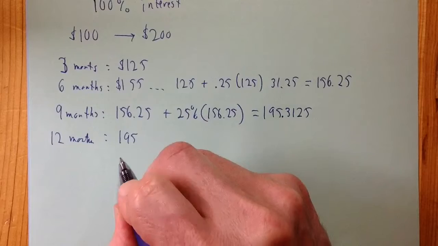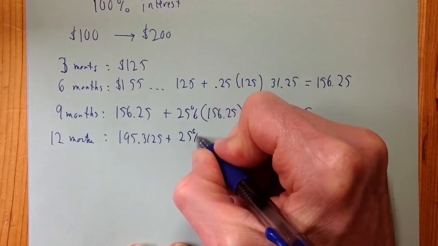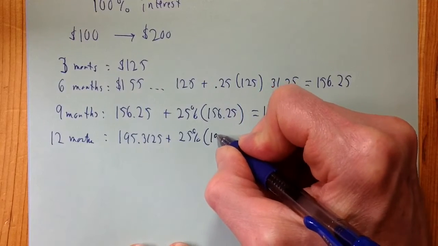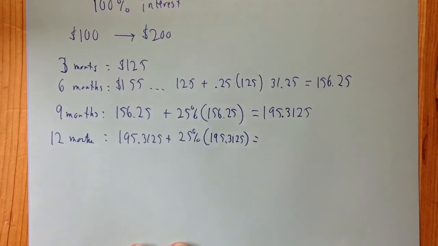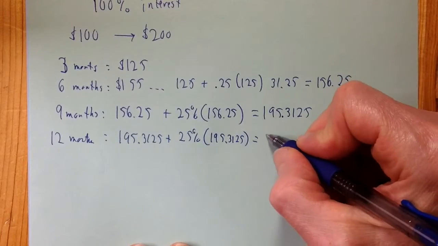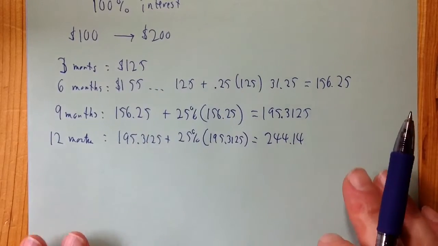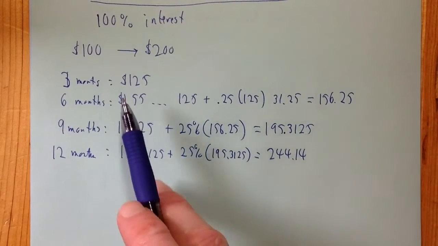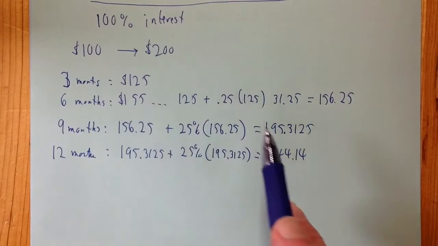I might as well keep all my decimal places, 0.3125 plus 25% of all that, 195.3125, which is 244.14, which is a lot better than $200. So if they give you interest 4 times a year instead of once a year, it goes from $200 to